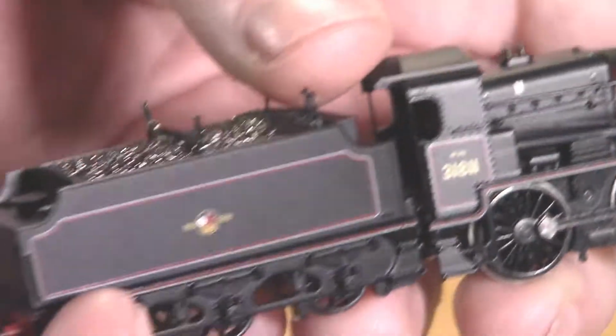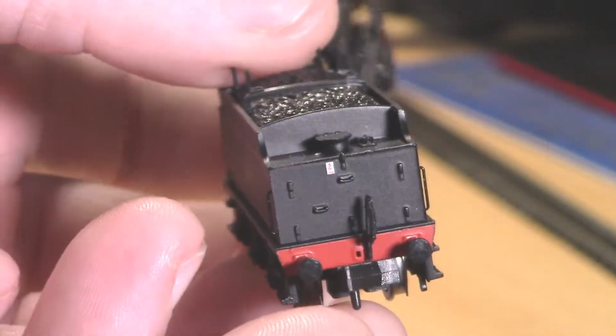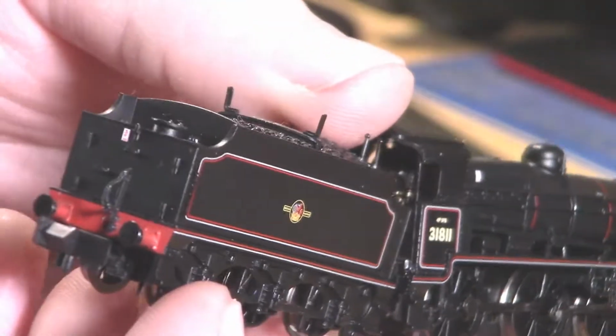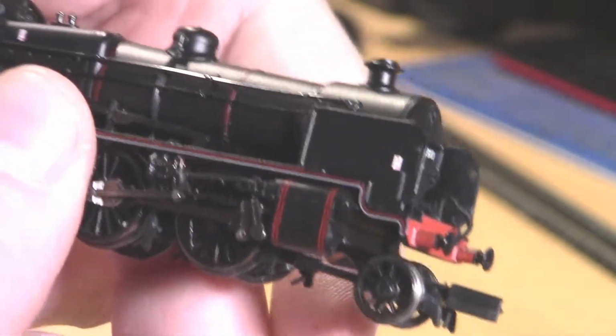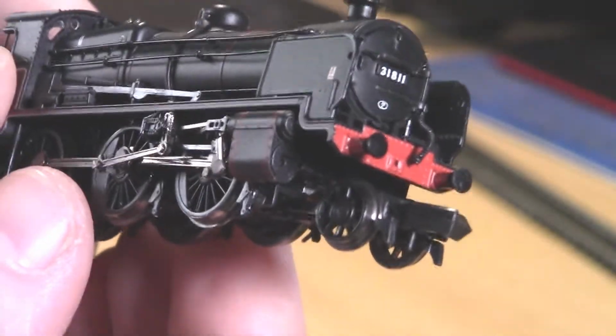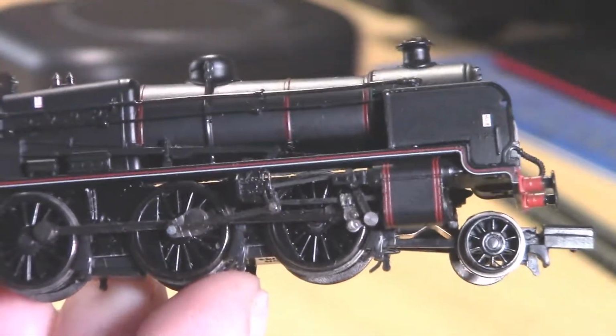Let's give you a nice quick view. The back is also quite well done too, and also handrails and everywhere as per usual. So the only thing which can actually be added to this is all the little details in the detail pack, and the valve gear and wheels are